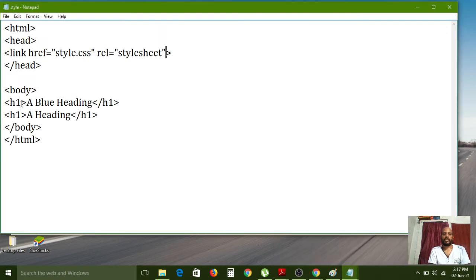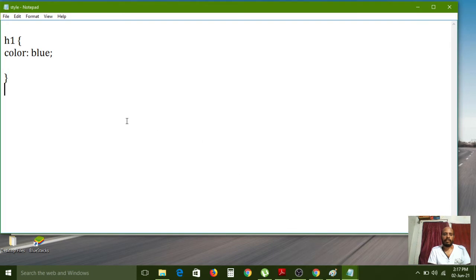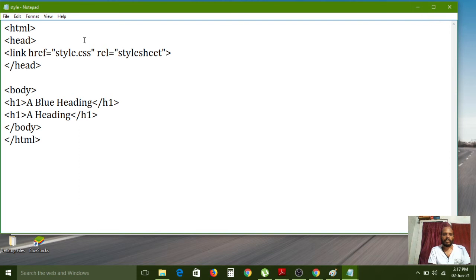H1. Here I haven't used the style attribute. I have just separated these styles into some other file. I have stored it in some other file, and after that I have linked it in our current page, in our current website. This is my style sheet page. Okay, I have saved it with a .css extension. Now I am minimizing this one. I am just linking that page, this one here.